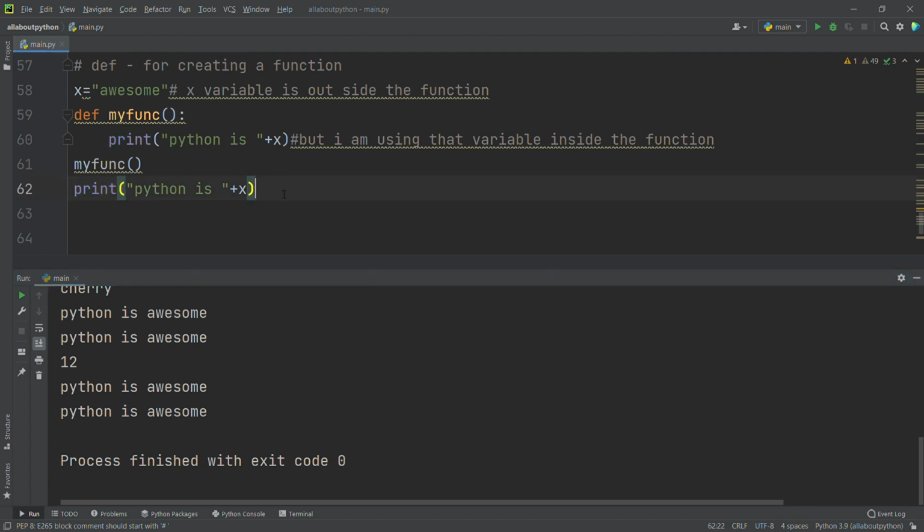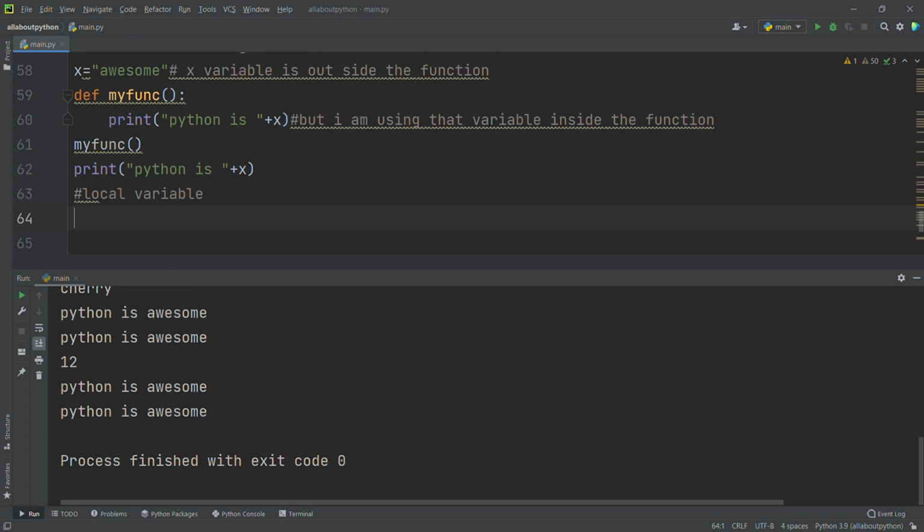Now we'll see what a local variable is here. If I create a variable inside the function, it is called a local variable. So we will do that. I will define my function.